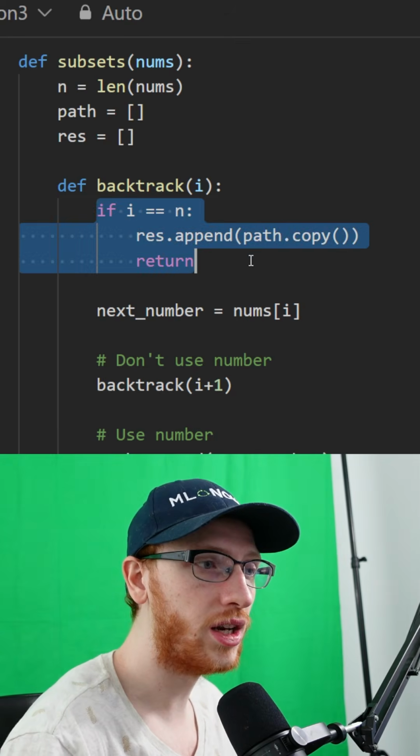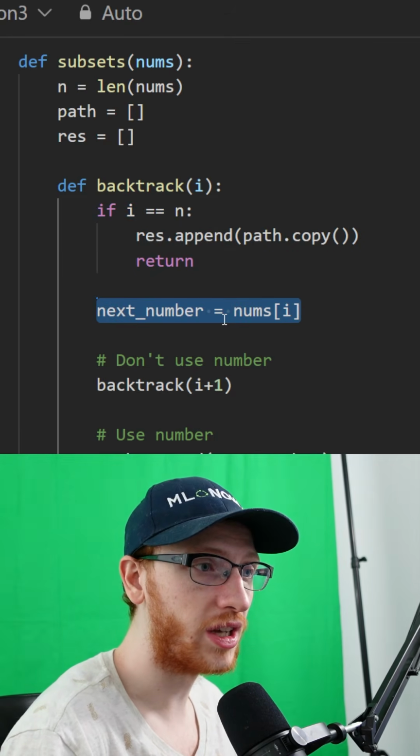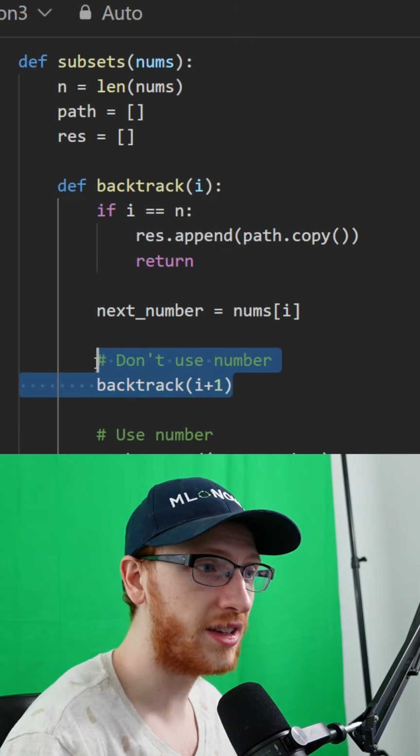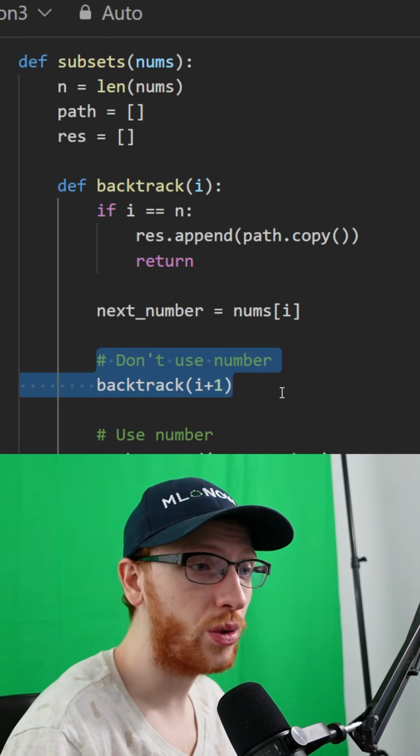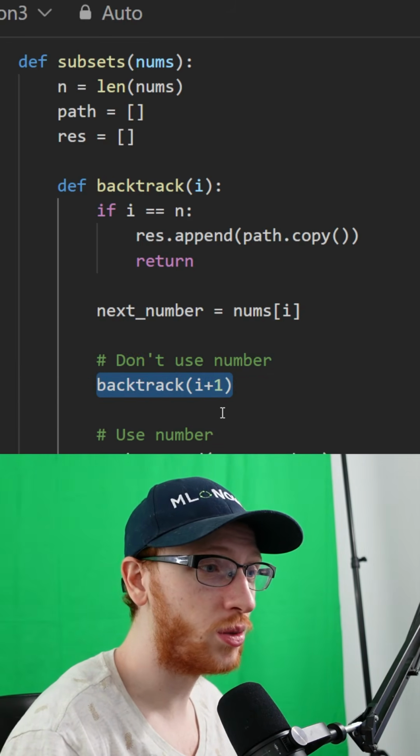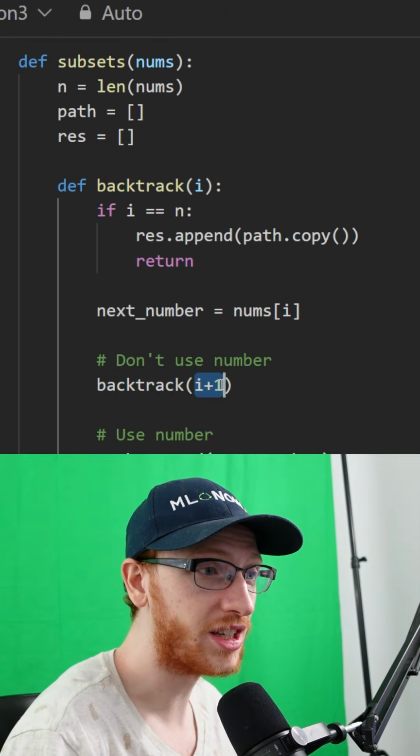We'll say, is I equal to n? No, it's not. Well, then the next number that we're going to look at is nums at I. And we're going to do two paths every time. Remember, you could either not use that number or you could use that number. If we don't use that number, well, then you simply just call backtrack on the next number, which is I